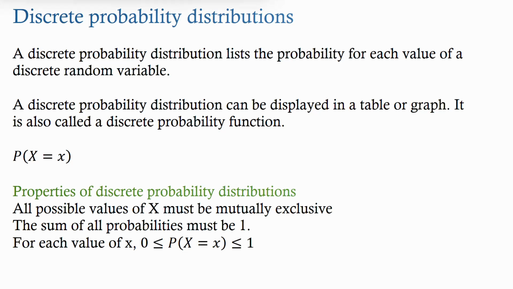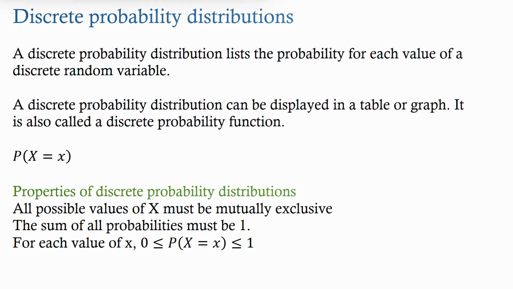In this video, we're looking at discrete probability distributions. A discrete probability distribution lists the probability for each value of a discrete random variable. And remember that it is our whole number variables. A discrete probability distribution can be displayed in a table or a graph, and it's sometimes called a discrete